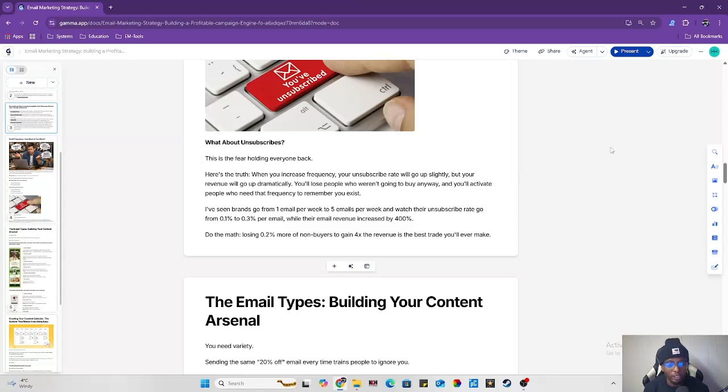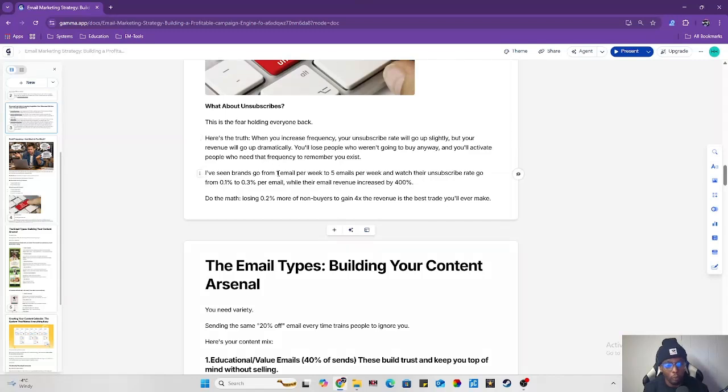Here's the truth: when you increase your frequency, your unsubscribe rate will go up slightly, but your revenue will go up dramatically. You lose people who weren't going to buy anyway, and you activate people who need that frequency to remember you exist. I've seen brands go from 1 email per week to 5 emails per week and watch their